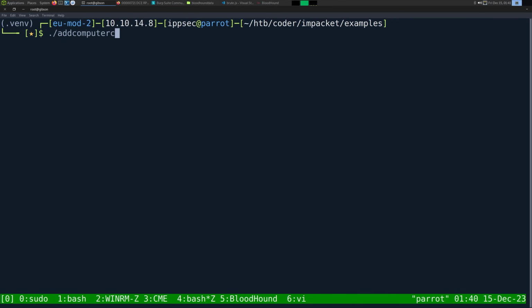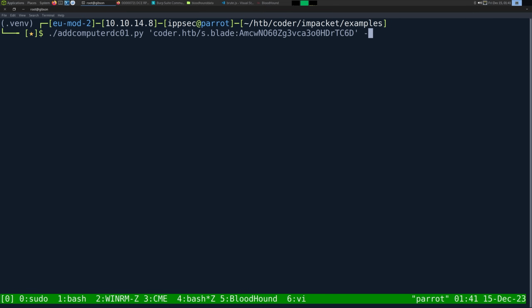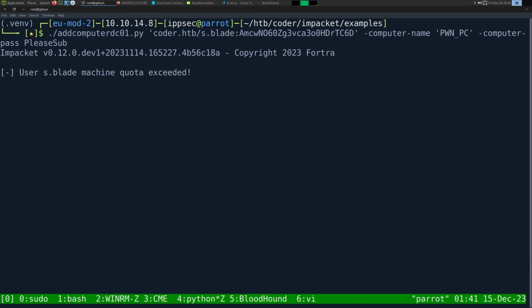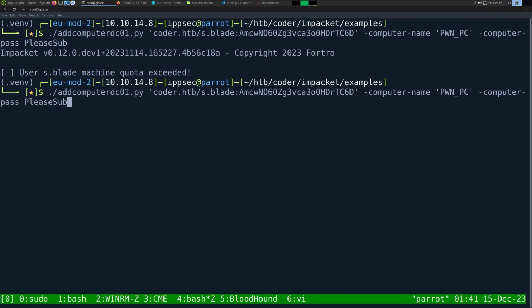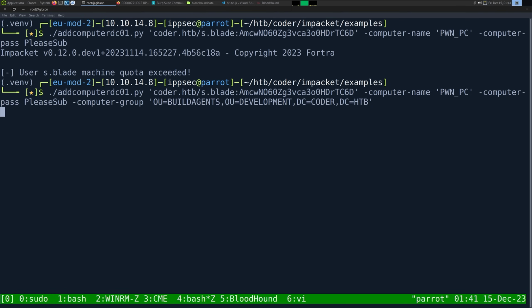So let's do addcomputer, specify the domain, which was coder.htb, the user that has permission to add computers, which was s.blade, get her password. So we can copy this, put it in here. And then let's do computer name, pwnPC, the computer pass, we'll do please sub. And if we hit enter, it's going to probably say machine account quota exceeded, right? So we need to specify the group. So we'll do computer-group, and this is going to be that OU. So let's go here. We can grab the OU that we have permission to add in, hit enter,